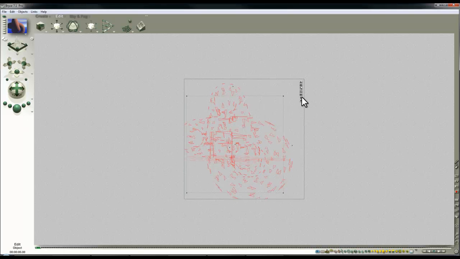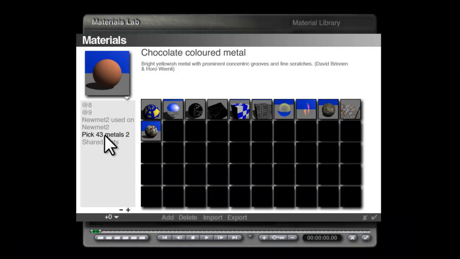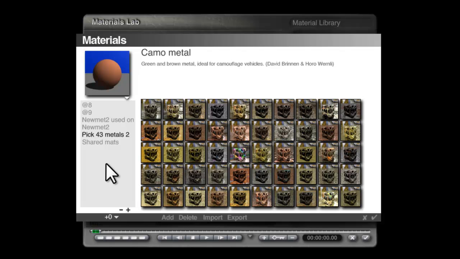The material I'm going to use on this, that's just going to be the metal, I'm going to take from one of Horror's and Eye's products recently released and still currently on offer, although I shouldn't mention that in the video because it probably won't be by the time you watch this, sorry about that. It is this one, which is the heating room set, and I'm going to use